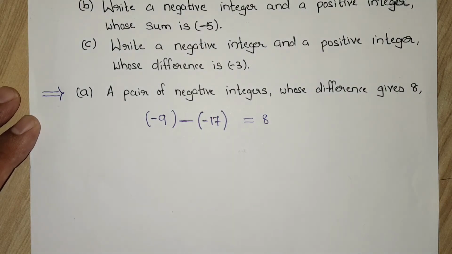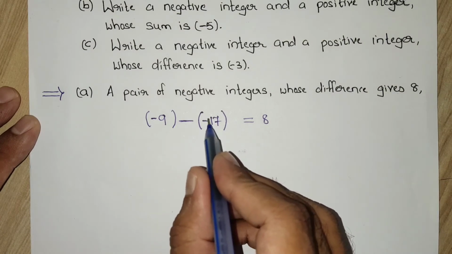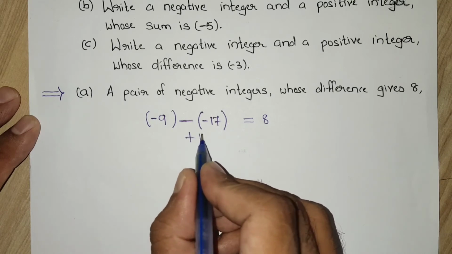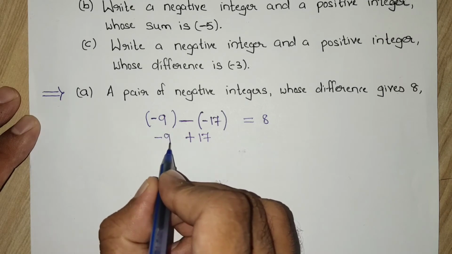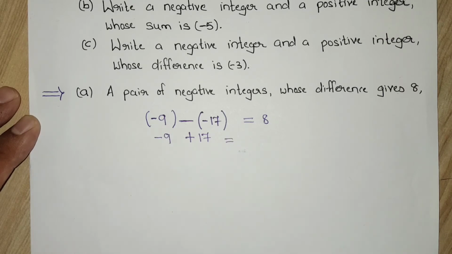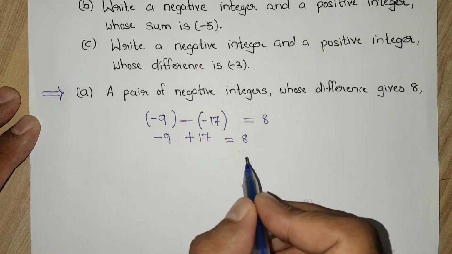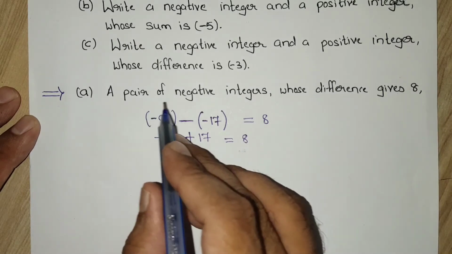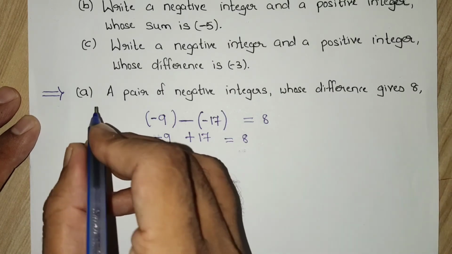Why I told you to take the bigger value second? Because we know in subtraction, here it is negative. If the bracket opens, it will become plus 17. First number will stay as it is. Now see students, minus 9 plus 17, isn't it 8? Yes. So a pair of negative integers whose difference gives 8 can be